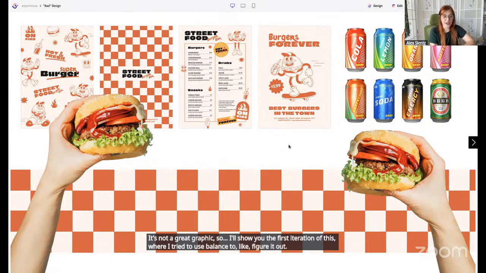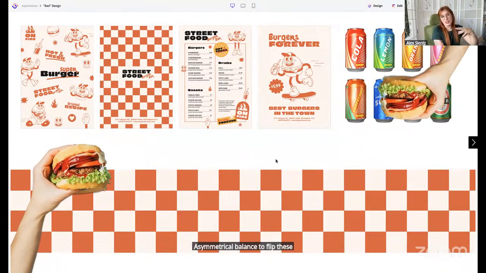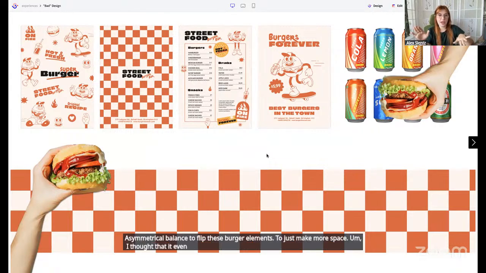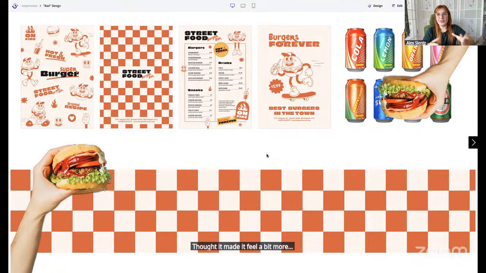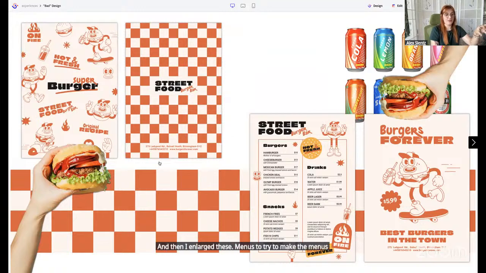And then I'll show you the final experience that was tailored more for Saros and what I think is an overall better design. So to transform this, initially I used asymmetrical balance to flip these burger elements to just make more space. I thought that it evened out either side of it better, thought it made it feel a bit more evenly distributed. And then I enlarged these menus to try to make the menus more of like the focal